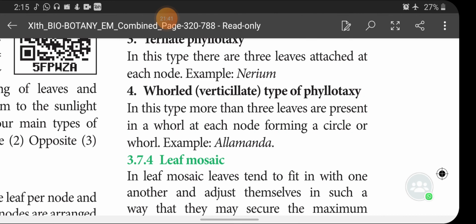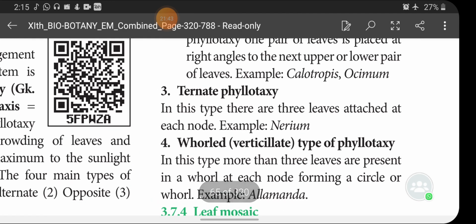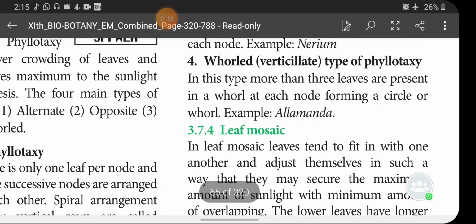This is one five mark question. Okay, so in today's topic we have discussed leaf, various parts of the leaf, venation, phyllotaxy. These are the various topics I have discussed with you. Okay, children. The next topic is leaf mosaic, that I will discuss in my next class, children.